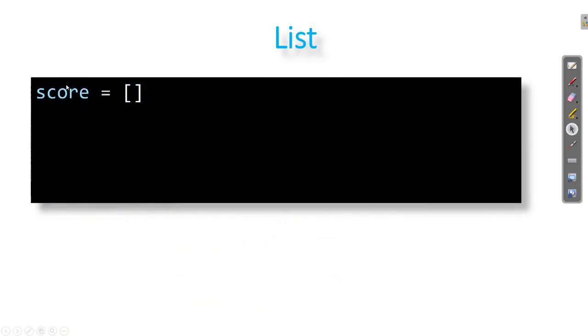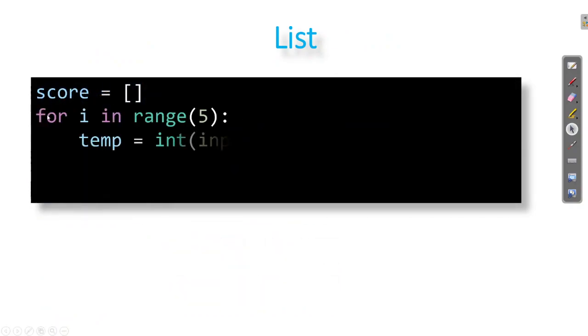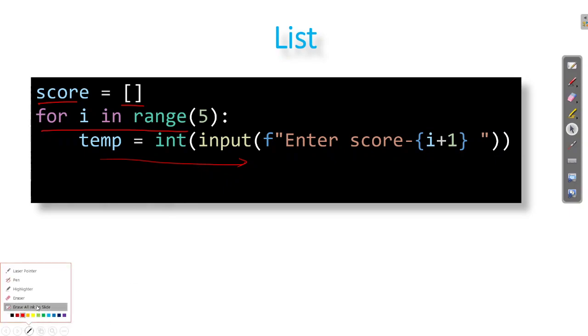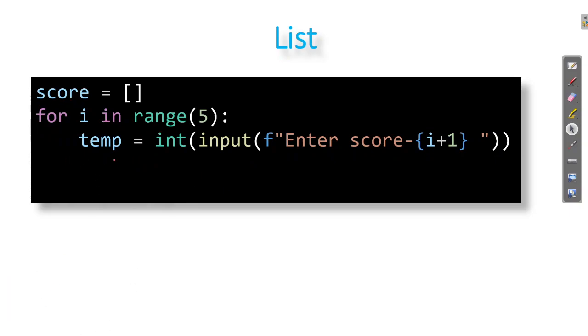So this is how we declare a list. It's as simple as that. If you see scores and then the list, here I have written a for loop and the input taken from the user. I have just used this for loop because we know what for loops are and how they work. Suppose the user asks you to enter 30 teams, so instead of 5, you can provide 30. And you have declared your list here.